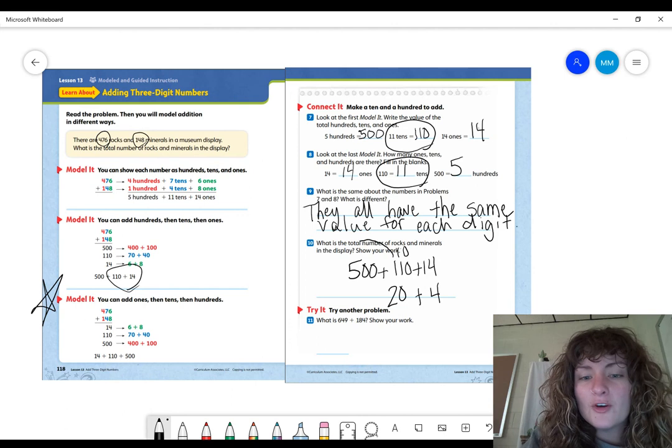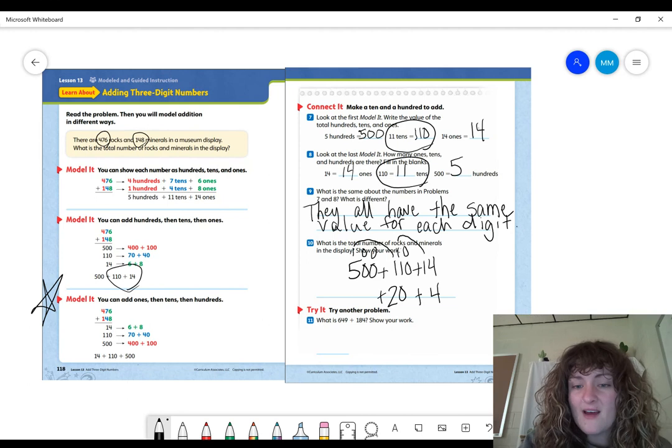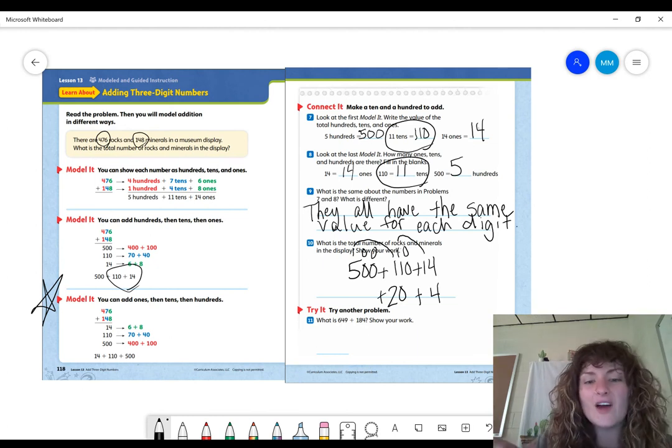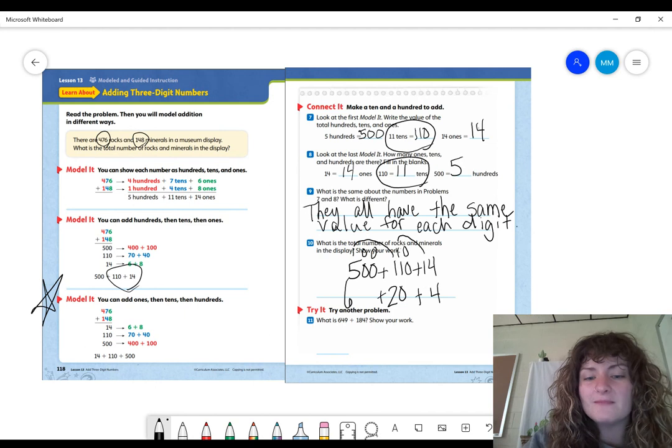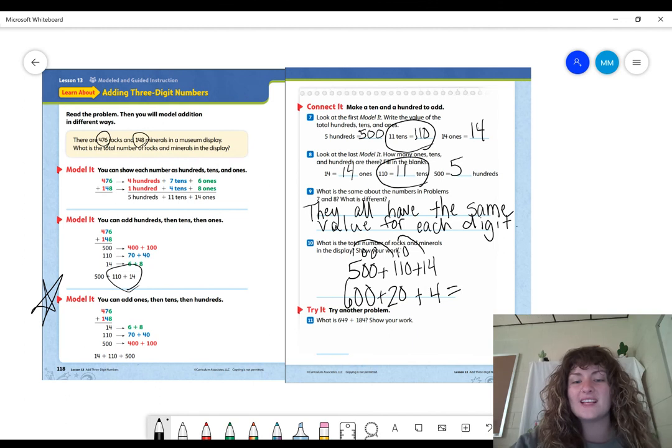But we move this 100 to the hundreds place. So we move this 10 to the tens place in 14, and we're moving our 100 to the hundreds place in 110. So now we have 4 ones. We took that 10 to the tens place, and we moved our 100 to the hundreds place. So now we have 100 plus 500 is 600. And if I put the value of each digit all together, I have 600 plus 20 plus 4 makes a whole of